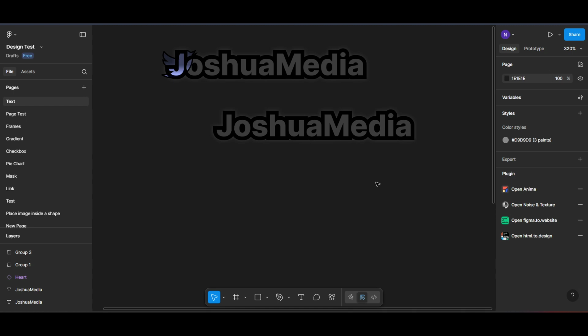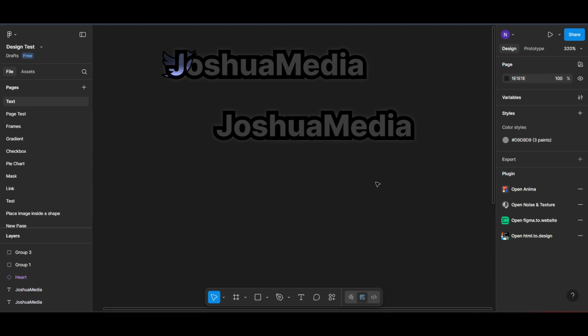Make sure this target text box is selected, as Figma needs to know where to paste the copied style attributes. Finally, press Ctrl+V. This action pastes the copied styling onto the selected text element. And just like that, you've transferred your text style, making your design cohesive and saving you from manually adjusting every